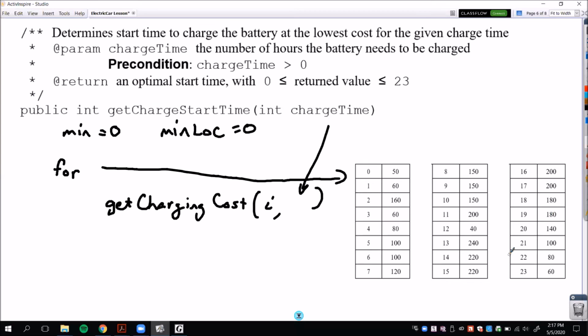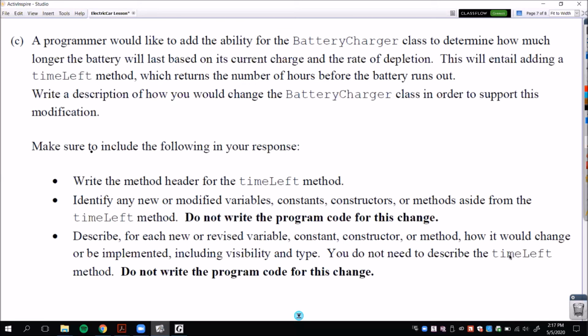Okay. Well, my point is, one way to do this is to essentially make a static method that takes everything as inputs and returns the answer as an output. In which case, you would not need any more instance variables. I'm just saying that's a possibility. Another possibility is to make your battery charger class store things like the current charge of the battery and the rate of depletion, and then have your method act on those instance variables. In my mind, they're both valid approaches, and so just think it through and write a paragraph